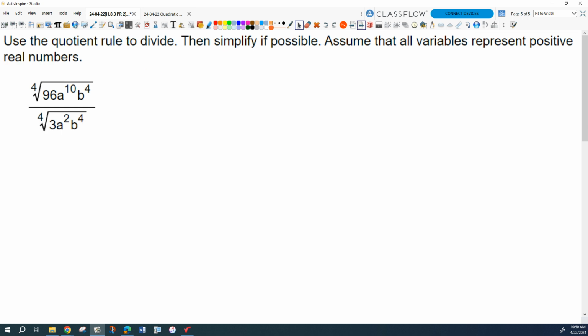Okay, what would we do there? Take a look at that. Think about that for a second. What would I do? Okay, what about the top and the bottom? Solve them individually? Okay, I could. Yes. If we deal with these individually, it's going to work, but you're buying yourself a lot